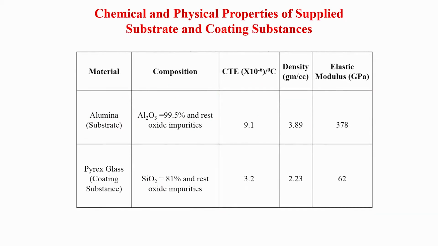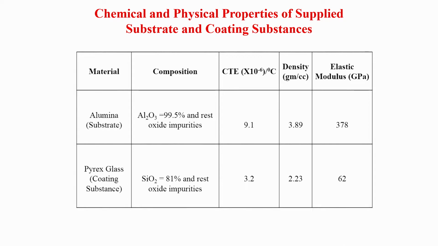One of the case studies I must mention in this lecture is glass infiltrated alumina. Alumina is one of the bioceramic materials, but it is mostly bioinert because it does not have that much bioactivity like hydroxyapatite, for example. But glass infiltrated alumina can be used for dental applications, for example. As the name suggests, you can use normal glasses, Pyrex glasses, which are used for coating substances,